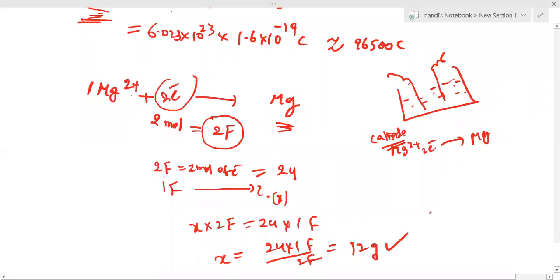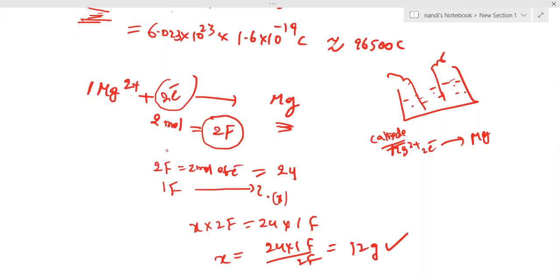What's your doubt in this case, Preeti? I think you were asking previously. Let me know what your doubt is here exactly. Everything I am calculating with respect to 1 Faraday. For example, aluminum. How many Faradays are required to get aluminum here? How many moles of electrons are required?